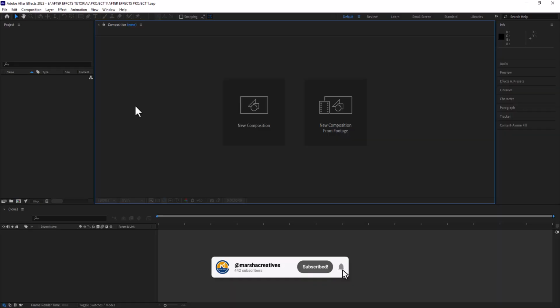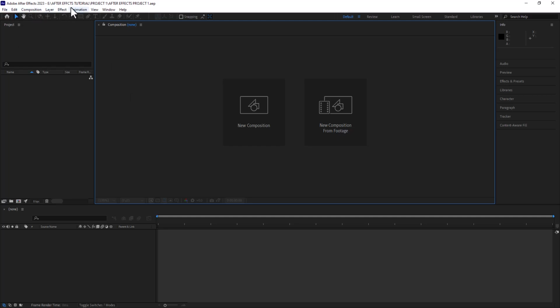So on to the next step is understanding the panels on After Effects. So if you are a beginner or it's your first time coming into After Effects or into Adobe software, you might find it a bit unfamiliar, but it's very easy. I'm going to take you through all these panels and you're just going to understand them in a few minutes. So the very first panel on top here, we have the very top panel, which is the